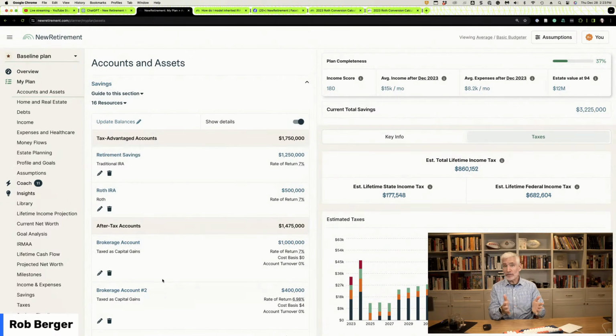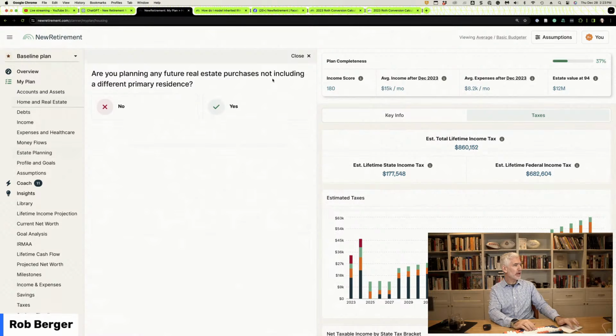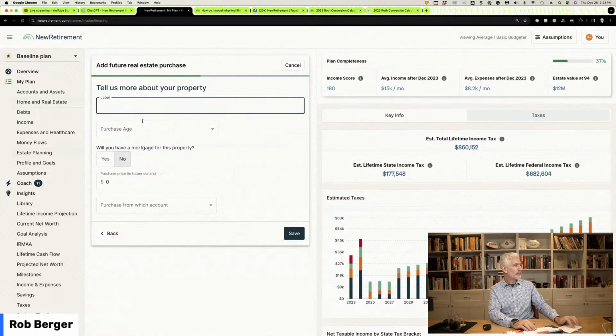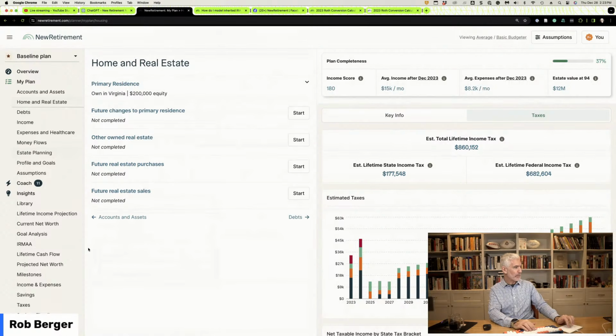Now, depending on what you do with it, of course, you hold it for some period of time and sell it later, there could be taxes, right? So one thing you can do, and see, I don't think modeling that, you can model a future real estate purchase, right? It's right here. Are you planning to purchase real estate in the future? Well, the problem is, I don't think you can have a purchase price, but then it wants to know what account you're purchasing it from, right? And you're not purchasing it from an account. So one way I think might work